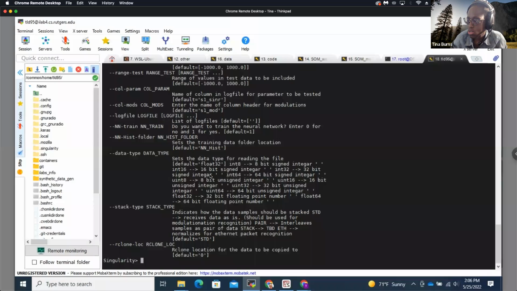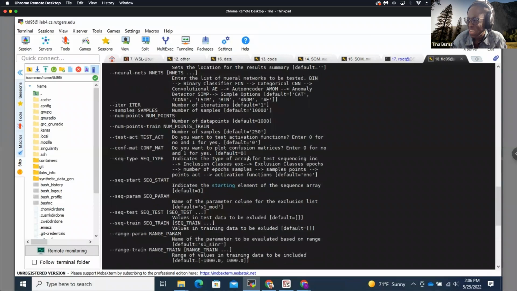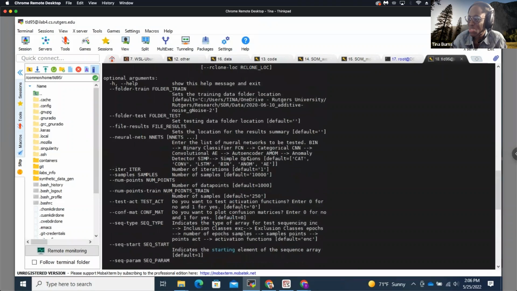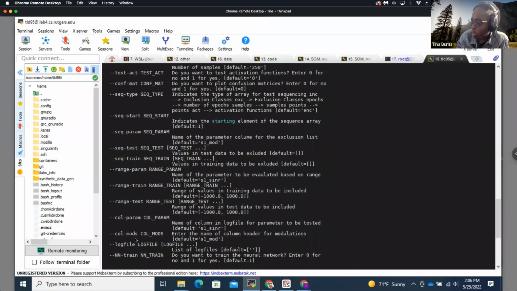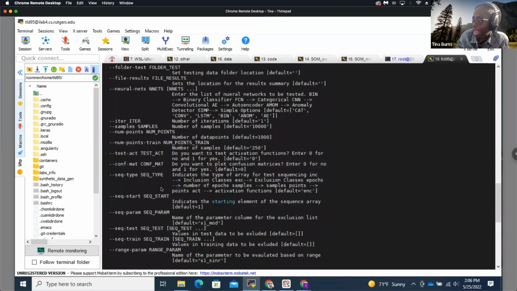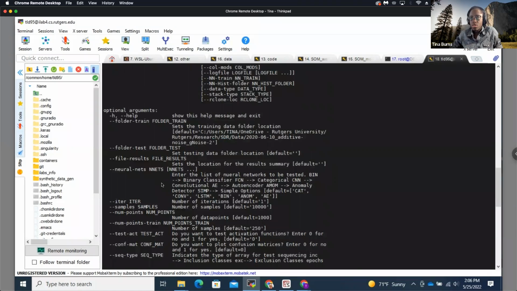All right, so there's a bunch of stuff here. I'm not necessarily going to explain everything. I'm just going to give you an overview, and then if you have different questions, just let me know. Okay. Your 5 main components are your training folder, your test folder, what's called the log file, which is here, and then your samples and the number of points